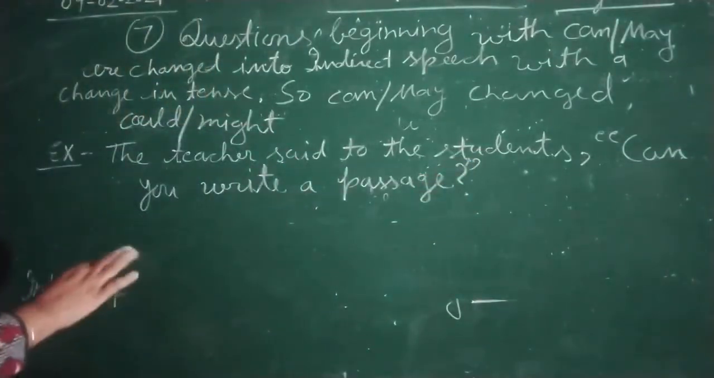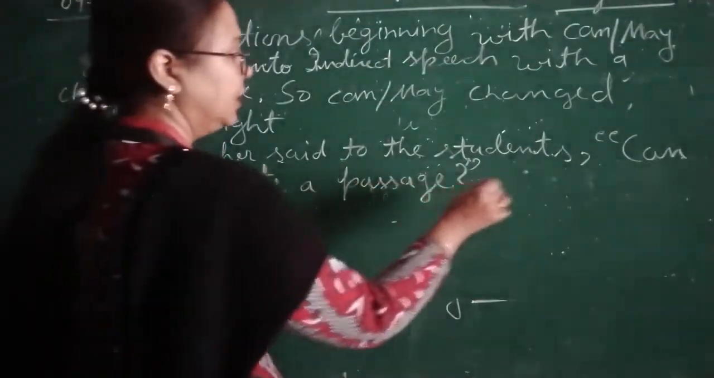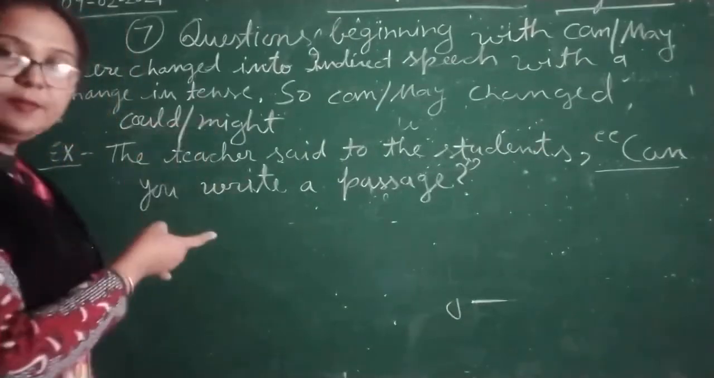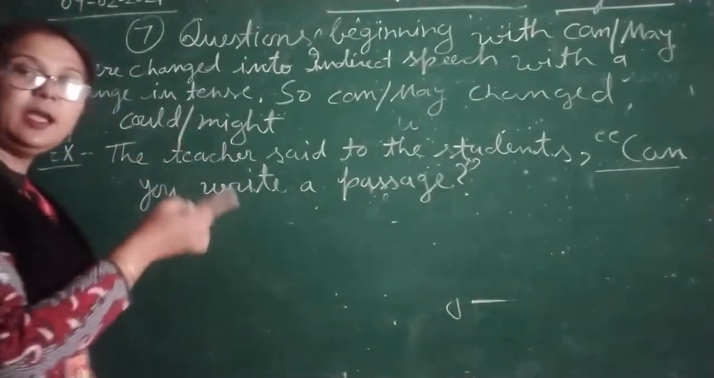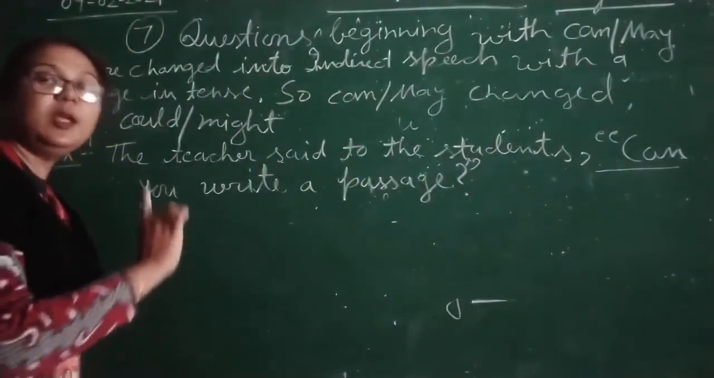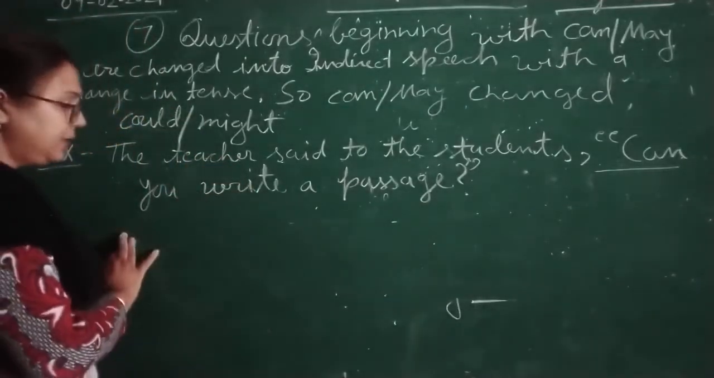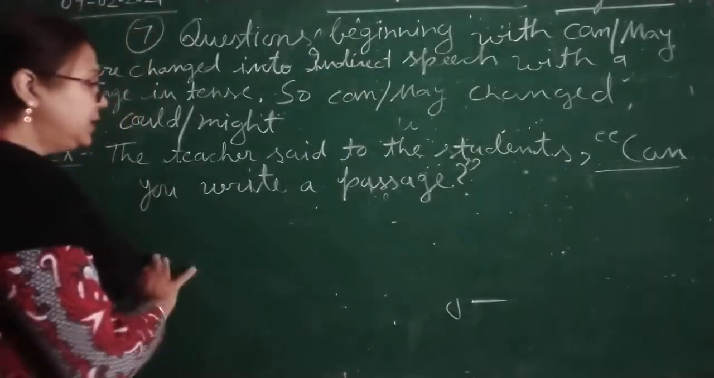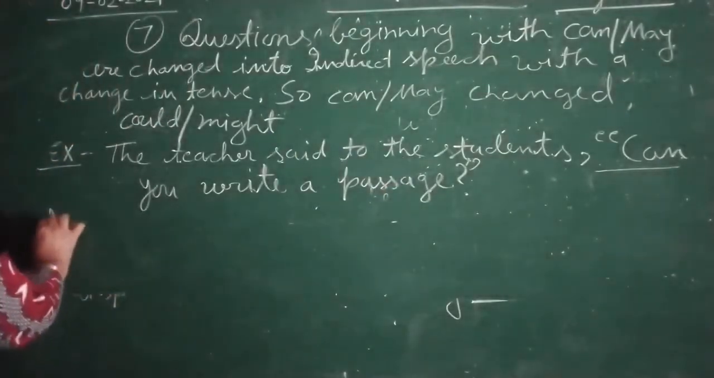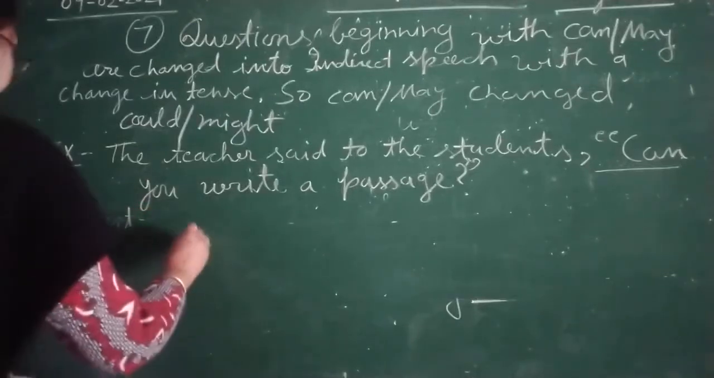Now here, because this is written with can, you can see over here, can is written. So your question is starting with can. So as we have discussed in rule number 7, can and may will change into could and might. So all things will remain the same. We will change the reporting verb. We will write she asked, the teacher asked the student. So that we will change only. So indirect speech, what we will do? Only and only